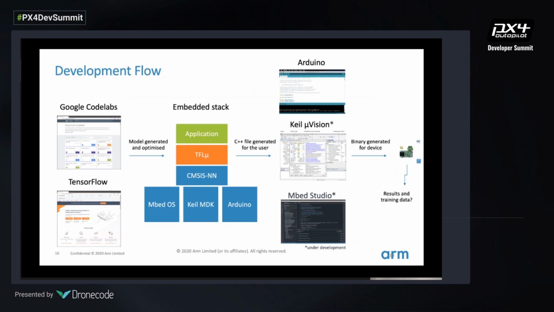What you use in this is a Google version of TensorFlow called TensorFlow Lite Micro, for microcontrollers. By utilizing this on top of an embedded stack, you can then use your favorite tool like Arduino, Keil MicroVision or Embed Studio to actually generate binary code that can be used on your device itself. So I wanted to take you through some of the steps that are important to keep in mind when you're doing machine learning on these constrained devices.